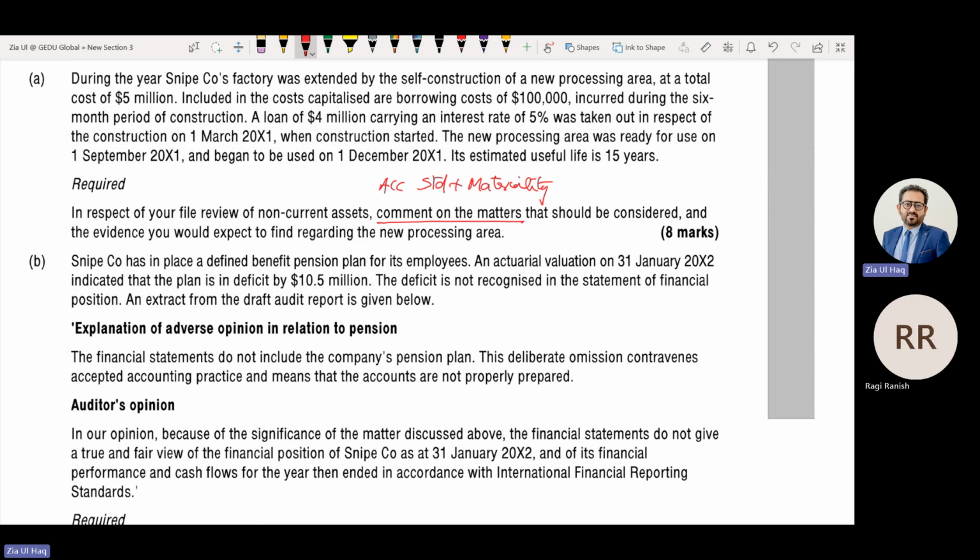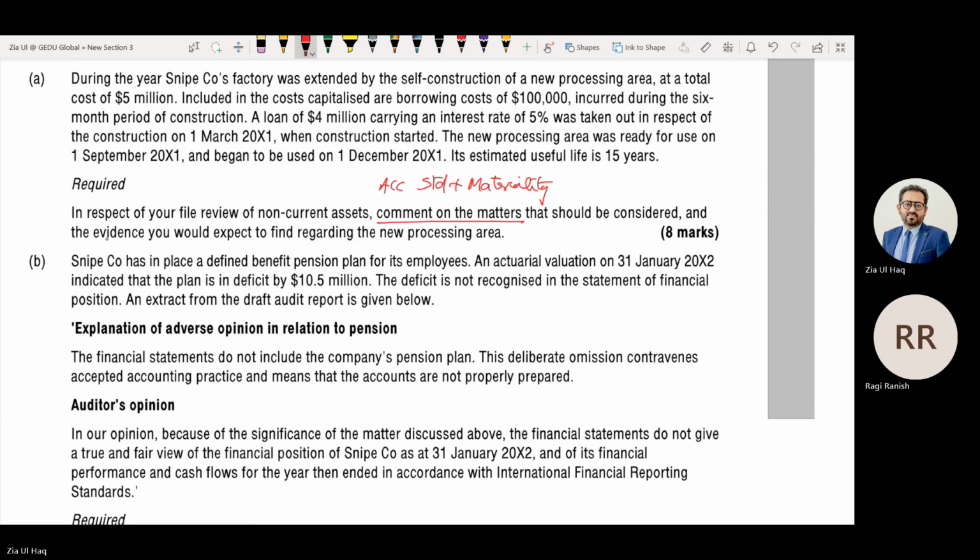If the company has applied the accounting standard correctly, we will just discuss the accounting standard and perform the materiality calculation. If the company has not complied with the accounting standard correctly, then we need to discuss the chance of misstatement, meaning what could be understated or overstated due to this.